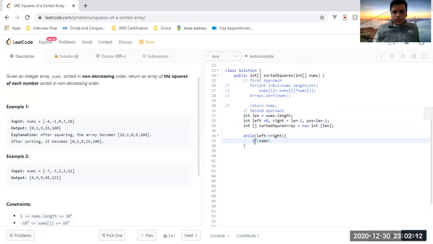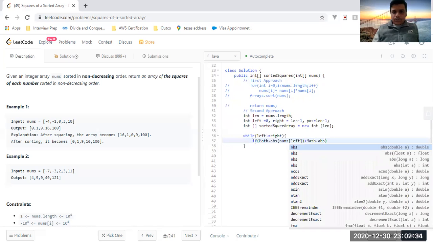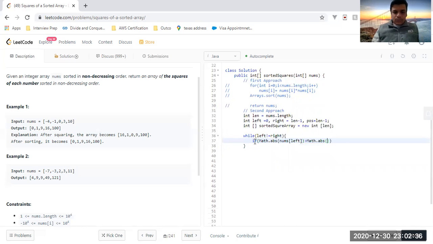If Math.abs of nums of left, because we are checking with the absolute value, greater than Math.abs of nums of right. If this is the condition,